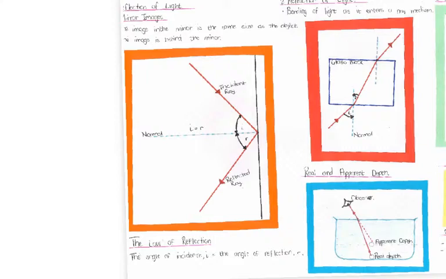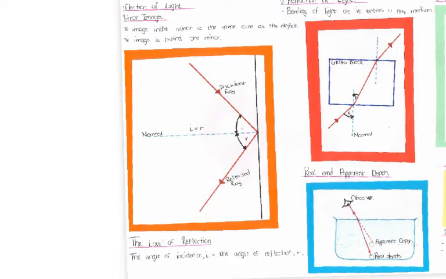Reflection of light. Mirror images give us a brief explanation of how reflection takes place. The image in the mirror is the same size as the object. The image is behind the mirror. This ray diagram shows us the incident ray. The incident ray is the incoming ray of light, and the reflected ray is the ray that bounces off a